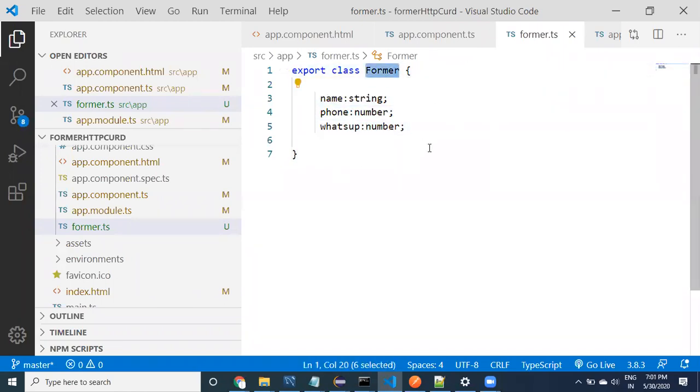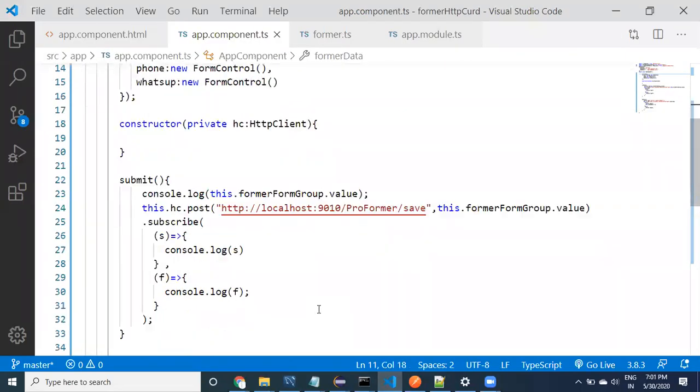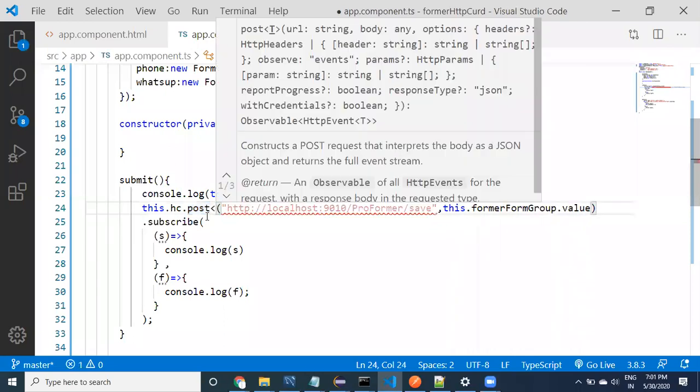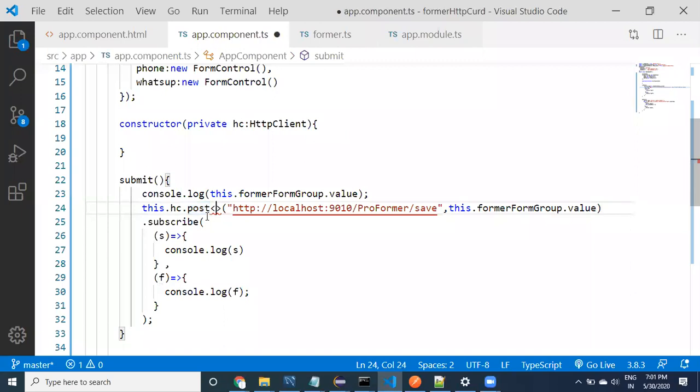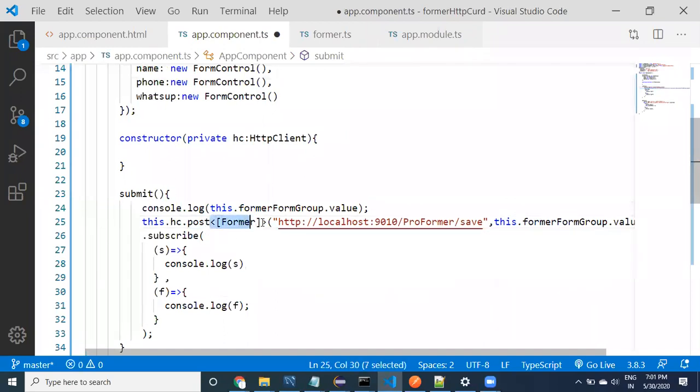Now how to use this type? We are using the type here, to see what kind of data we are receiving. We are calling the post, and from there we are going to get the data. See here, guys, typing is going to help us a lot. This is going to receive an array of what? Farmer. This can be called typing. By looking at this information, we know what kind of data we are going to receive: an array of farmer.